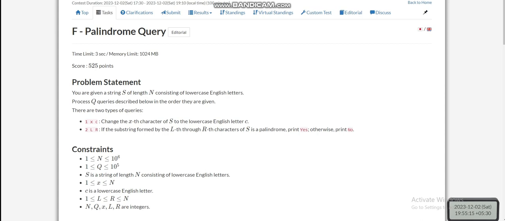Hello everyone. Today we are going to discuss the sixth problem of AtCoder Beginner Contest 331, which is Palindrome Query. We are given a string s of length n, and there are q queries of two types. In the first query, we change the x-th character of s to the lowercase English letter c,